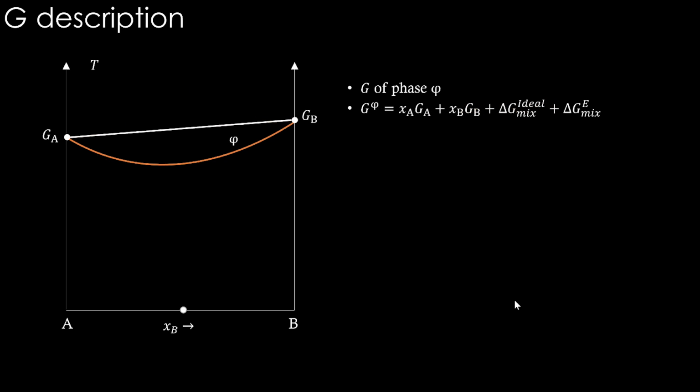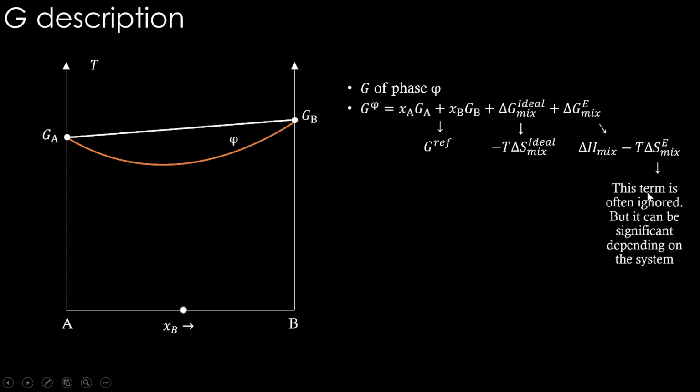Let's go back to this Gibbs energy description that we made with the excess Gibbs energy of mixing. This part here, the first two terms in this equation, they are reference state Gibbs energy, right? And this part here, ideal mixing Gibbs energy, is nothing but minus T delta S mix ideal, basically the configurational entropy of mixing with the ideal mixing case. There is no enthalpy of mixing when we say ideal, therefore only minus T delta S mix is the ideal mixing term. What about the third term? This third term has delta H mix minus T delta S mix excess, meaning any other entropy contributions or deviation from ideal mixing will be here.